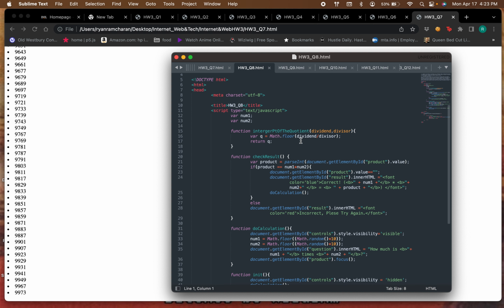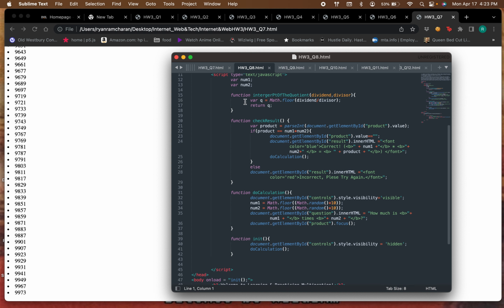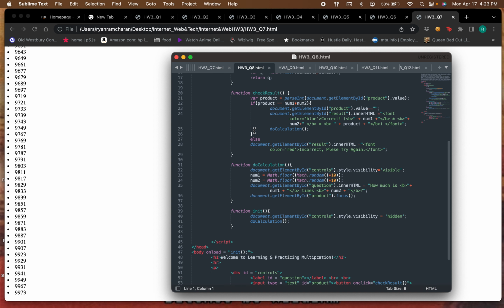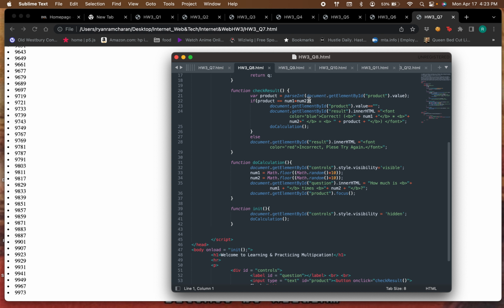So, doctype HTML, head, title homework 3 question 3, script type equals text/javascript. So we're using JavaScript. We declared variables num1 and num2. We made a function integerPartOfTheQuotient(dividend, divisor): var q equals Math.floor(dividend / divisor), return q. Then we made another function, checkResult: var product equals parseInt(document.getElementById product .value). If product equals num1 times num2,